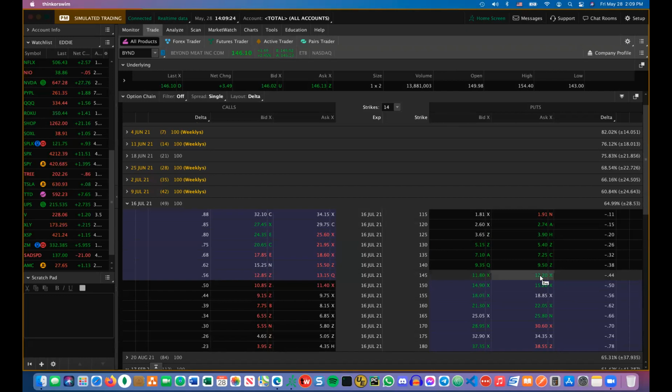But what's a vertical? That's a one leg, by the way, right? So there's just one leg involved. You either bought one call or you bought one put. That's considered a one leg play. When we go into verticals, it's got a minimum of 2 legs. They can be both calls or both puts, but you've got at least 2 of them, and because there are 2 of them, you are buying one and